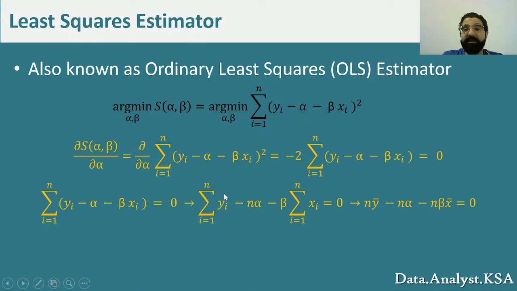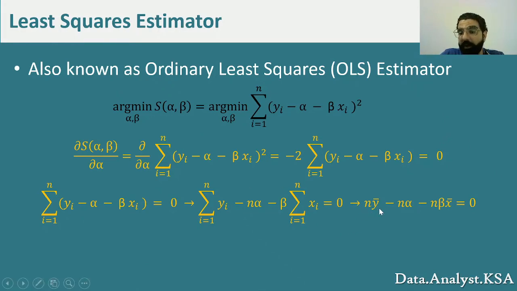If you're not convinced with this, try it out with 5 observations, for example. So if I take 5 random values and I sum them, I'm going to end up with a value. And if I take their average and multiply it by 5, it's going to be the same value. Because if you think about it, the average is just summing the values and dividing by their number. So if I take this number to the other side and multiply it by the average itself, it's going to give me a value equal to the sum.